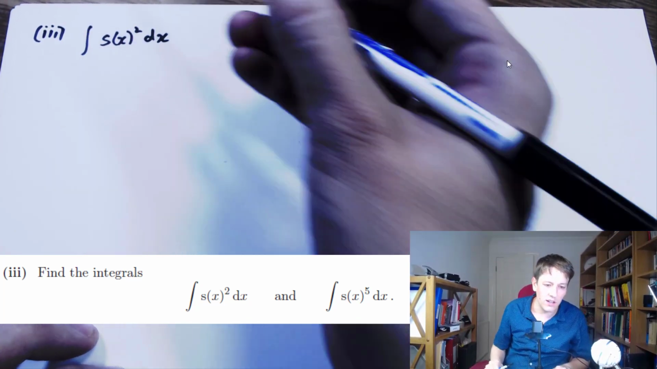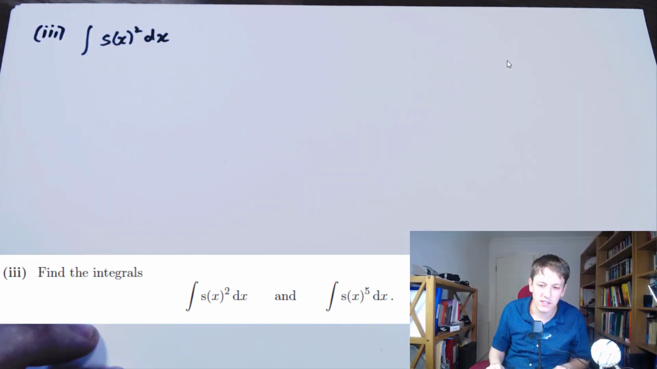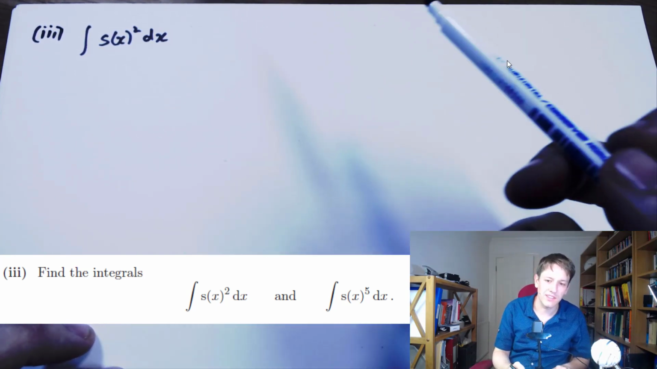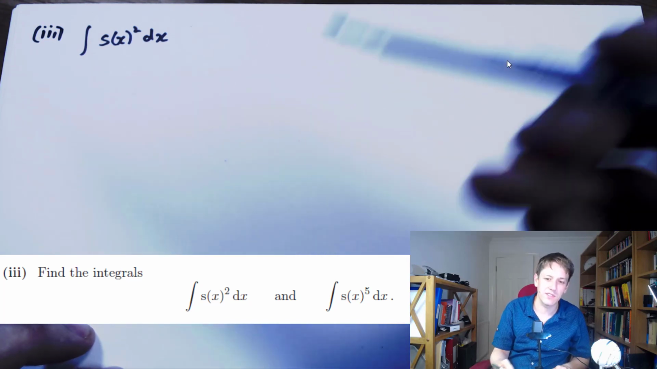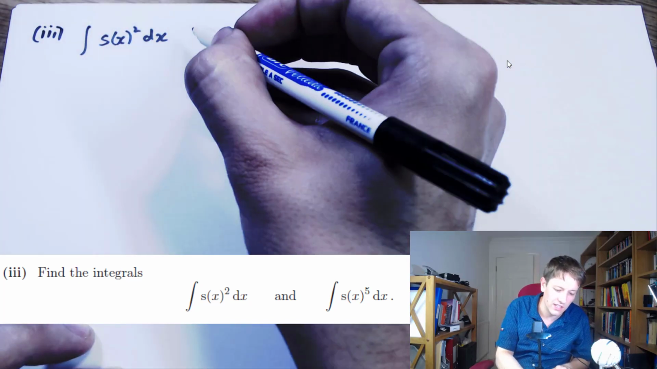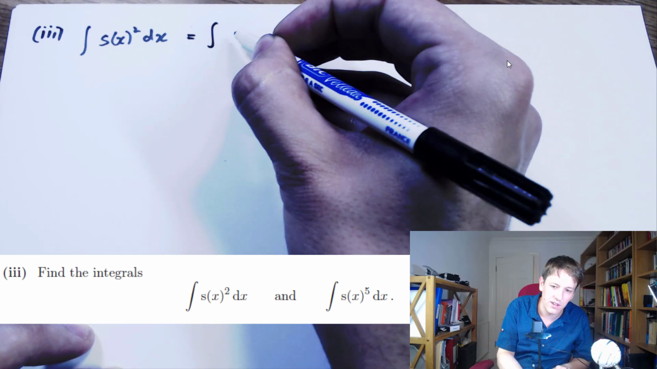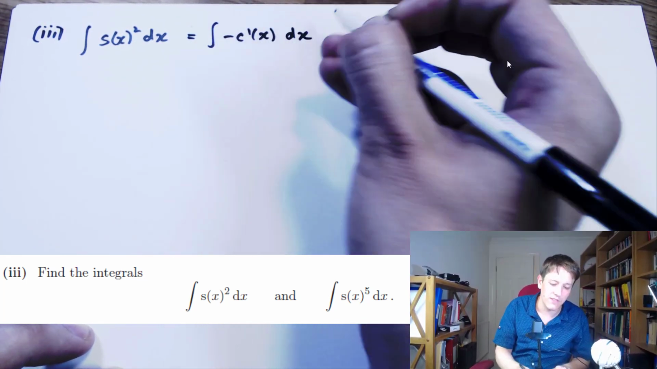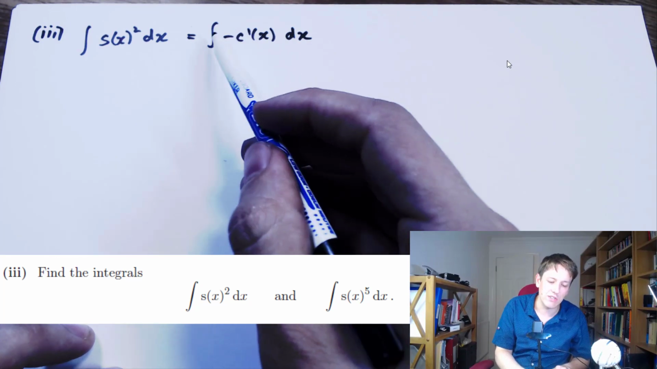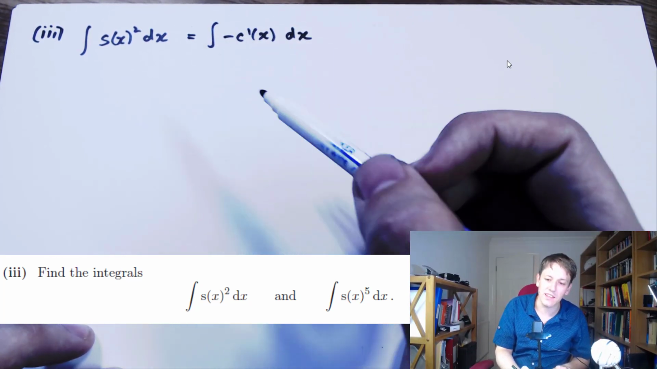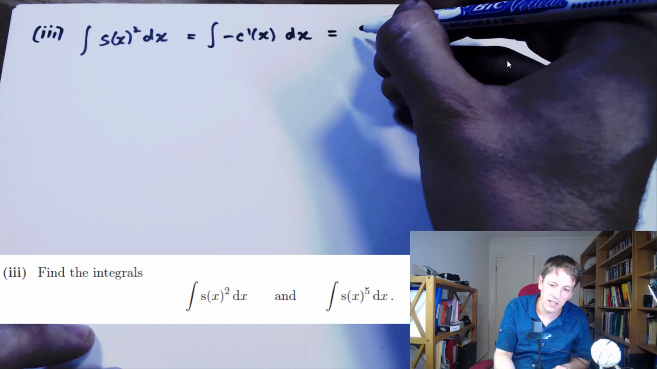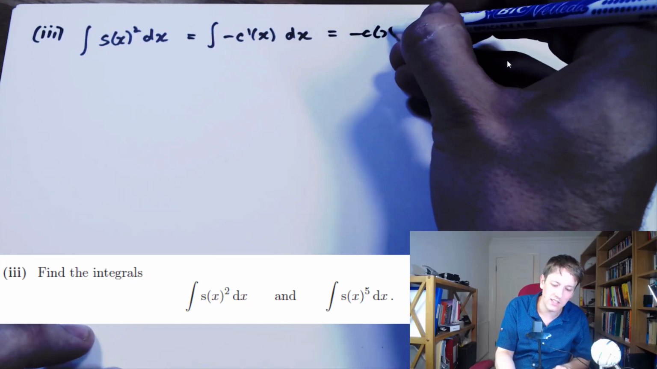So firstly, the integral of s of x squared dx. Well, this one at least is not too bad, I think, because we're told that minus s of x squared is the derivative of c, right? So this is just the integral of minus c primed of x. Okay, so if I take the integral of the derivative of something, I'm just going to get that thing back, right? So I'm just going to get here then minus c of x, and this is an